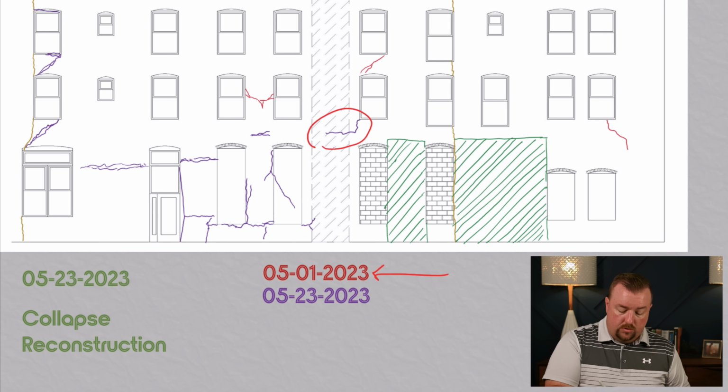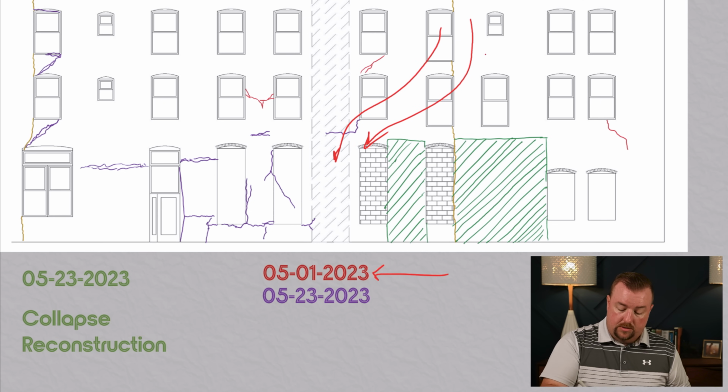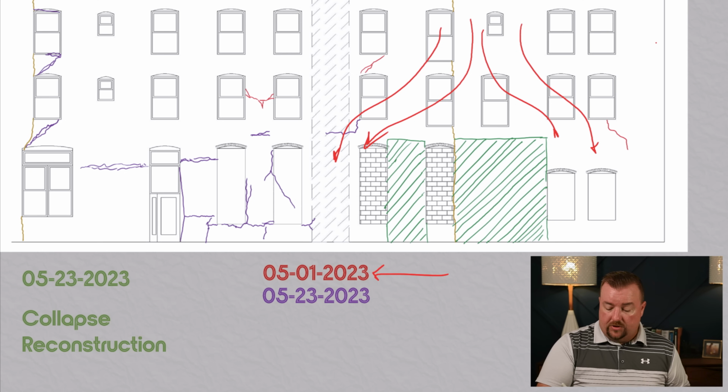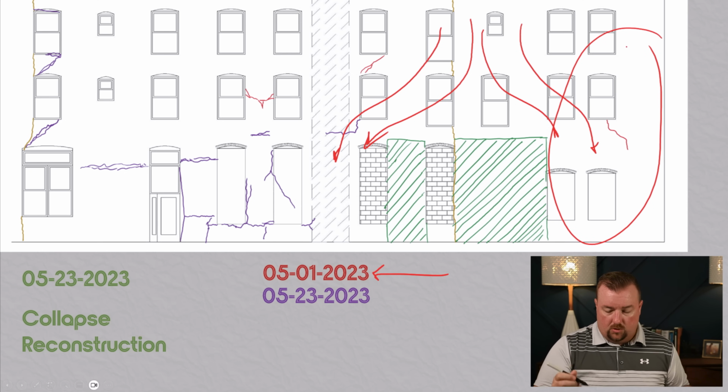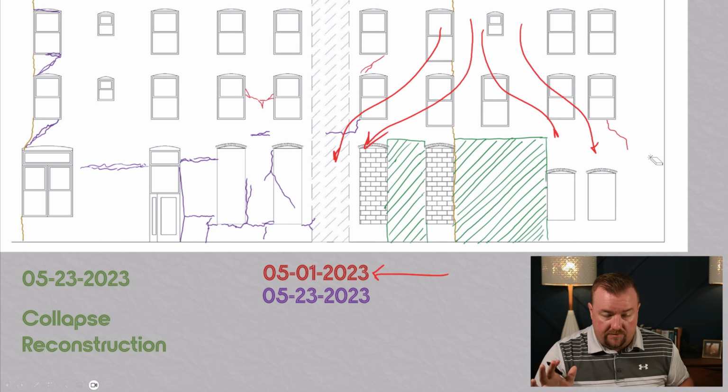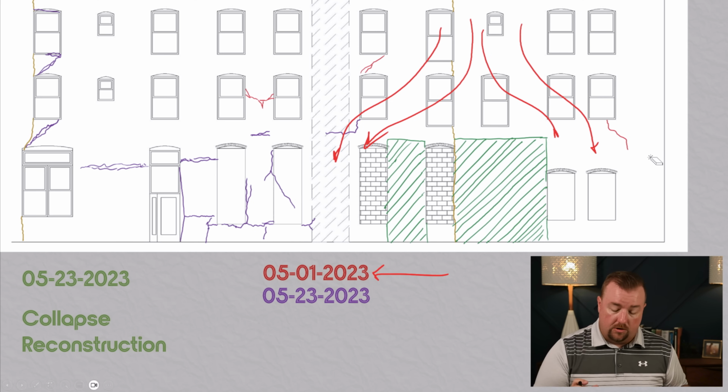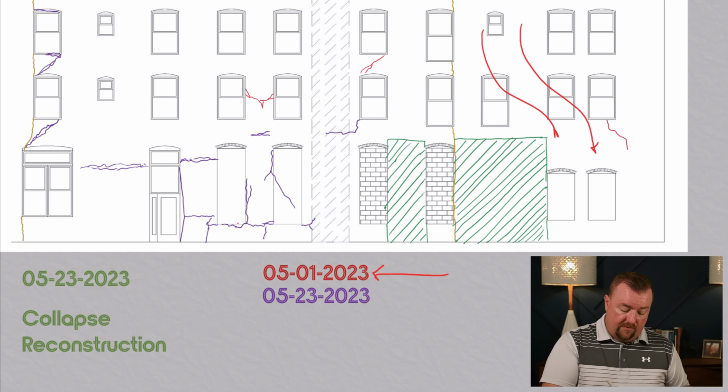You've got new massive shear cracks. Remember what I told you about how the loads were going to have to transfer around? And now you have to remember the corner of the building is actually quite strong because it's a corner, and so the brick actually turns. But that's a different story, and it's probably what saved the corner of the building from being part of the collapse, is the fact that the corner is stronger than the rest of this west facade. But these force lines have to flow around. And so now you have all of this stress occurring to